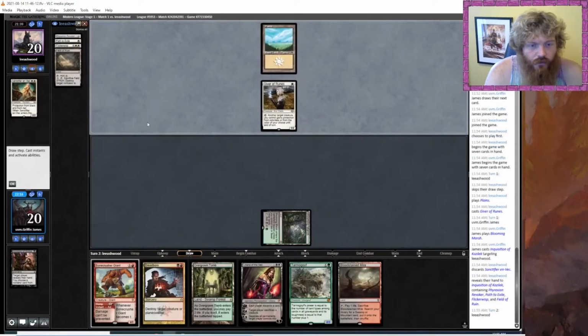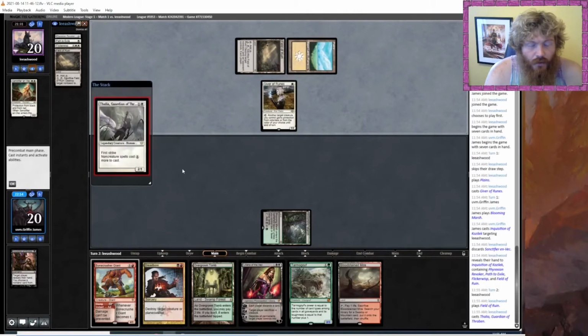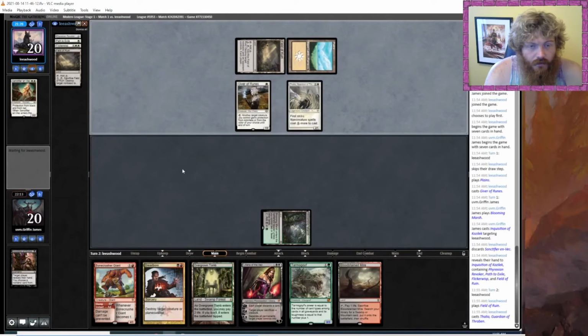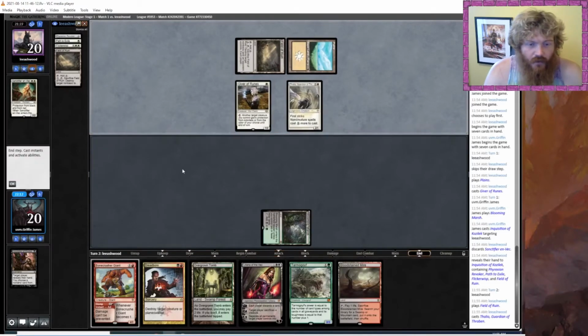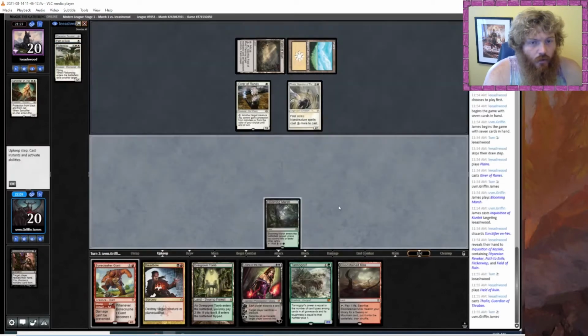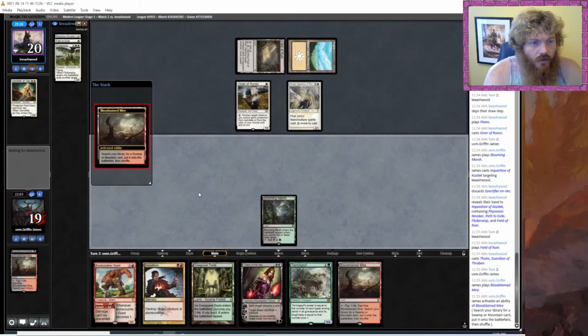Tarmogoyfs are just really good in this matchup. It forces them to play Path to Exile on it because it's just too big, and that's what you want to have happen. You want to get your stuff Path to Exile so that you can deploy your stuff faster. And their whole game plan is playing cards that are